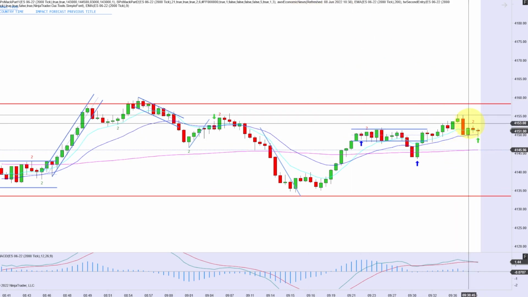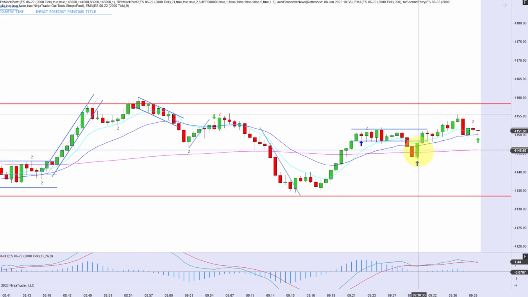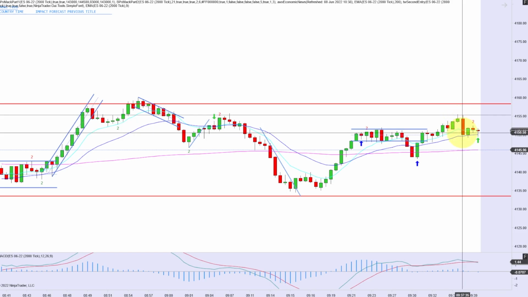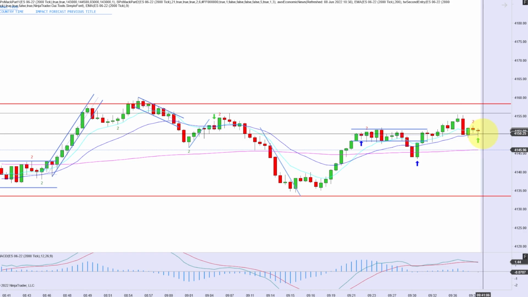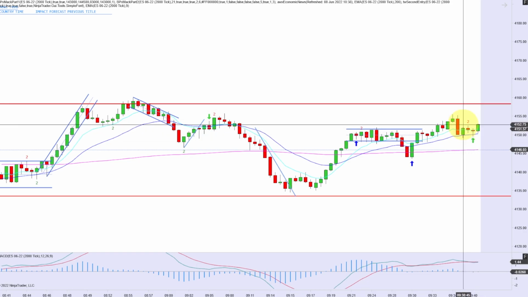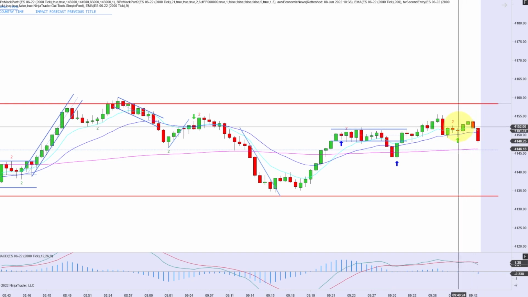Additionally, you had a second entry short that triggered here somehow. The count was reset probably here. Prices came up, down for a first entry short. Price came up, down for a second entry short. So you got a failed second entry short. You got a second entry long. That's actually a pretty nice move here. But anyway, you enter this trade here and you potentially would have been in and out for a scalp before